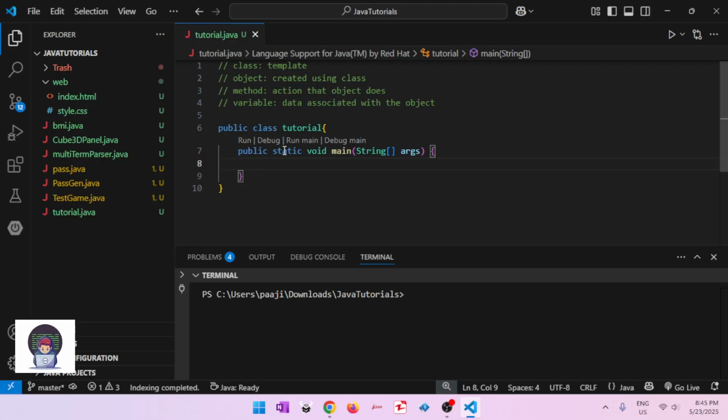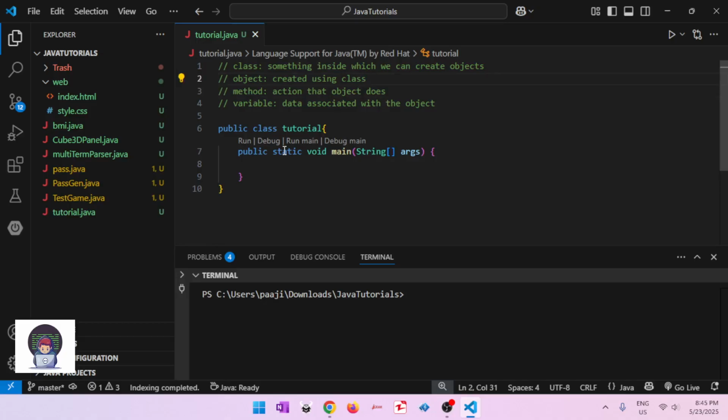A class is a template through which we can create objects. It's like a blueprint. A class is something inside which we can create objects. So basically we can create objects inside a class. Easy. Then what is an object? An object is something created inside the class. It is something that is created using the class.